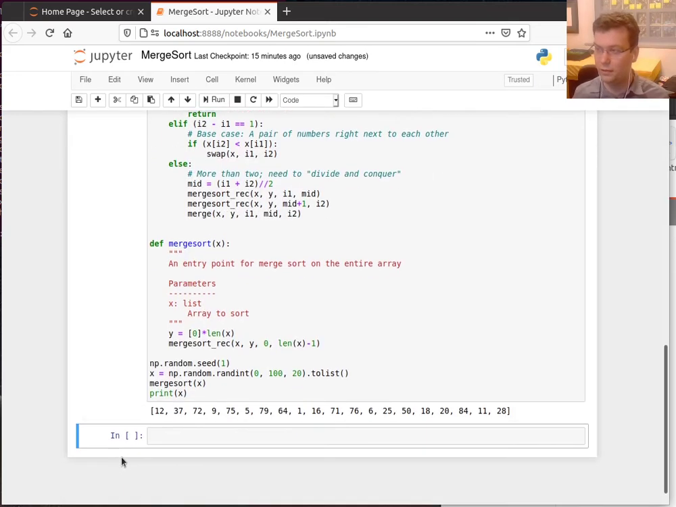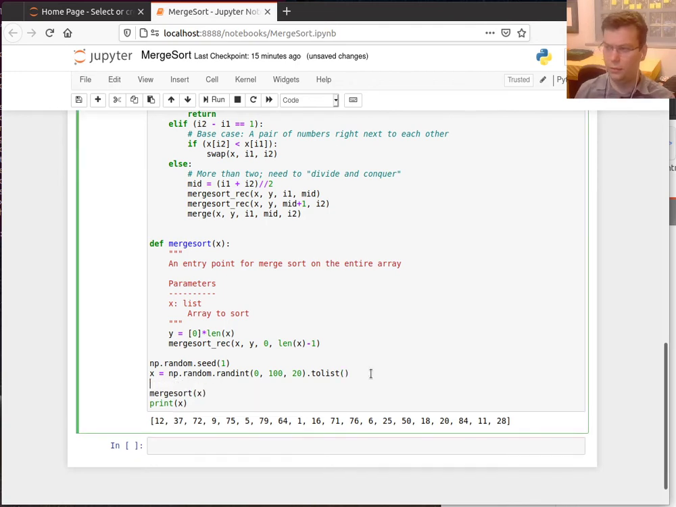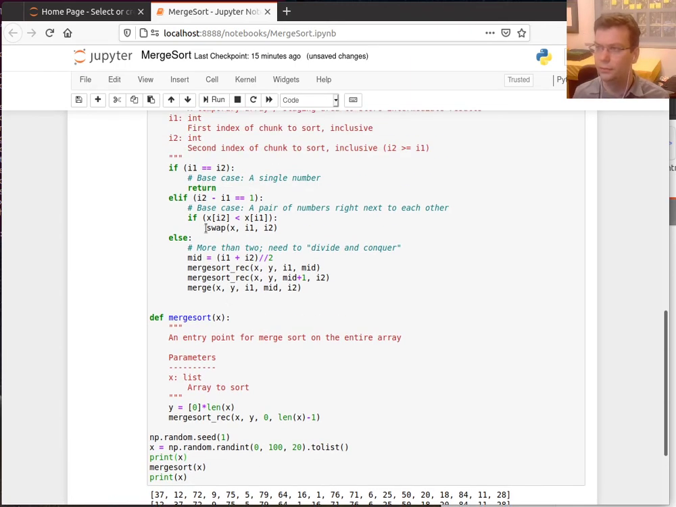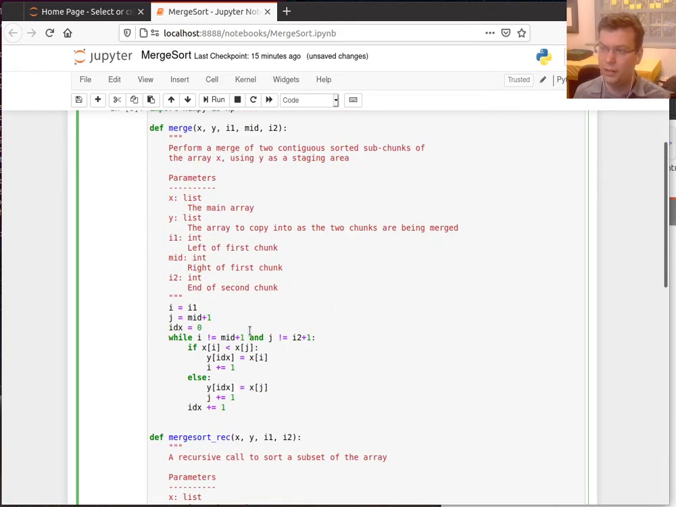If I run it, it actually does nothing. So let me print out the original list, and I'll print out the result here. Oh no, I guess it does do a little bit at this base case. But this code does nothing so far. And the reason is because we copied everything to the staging area, but we didn't copy it back. Okay. So we need to copy